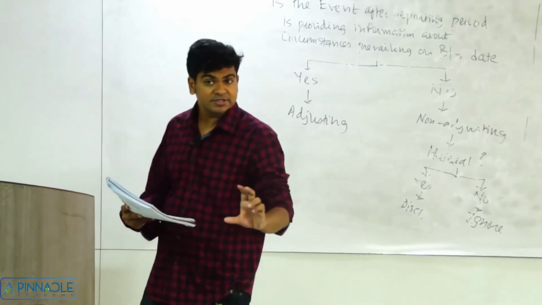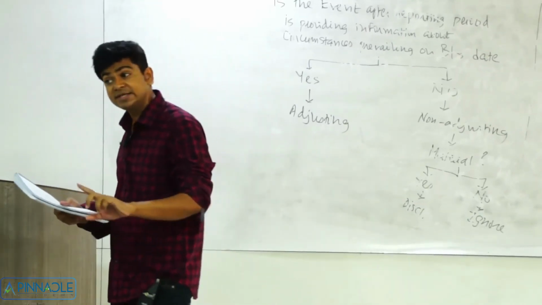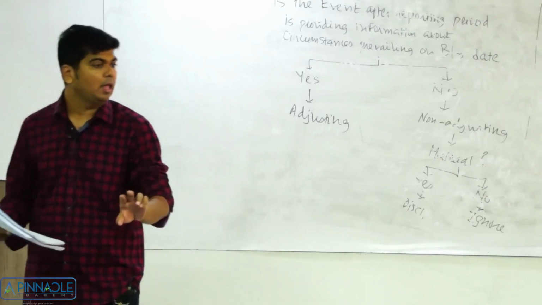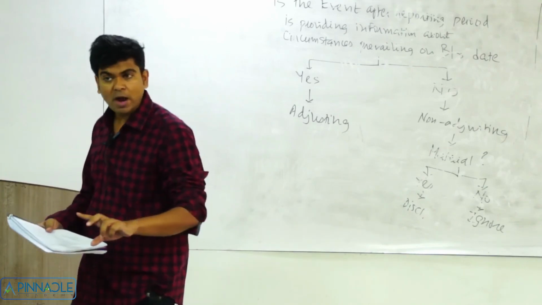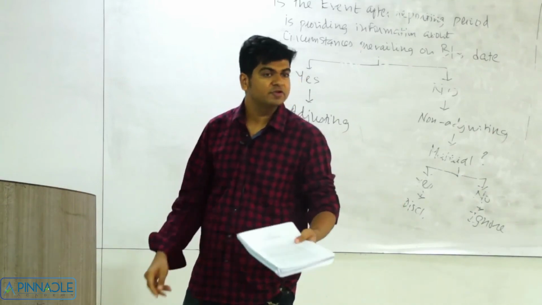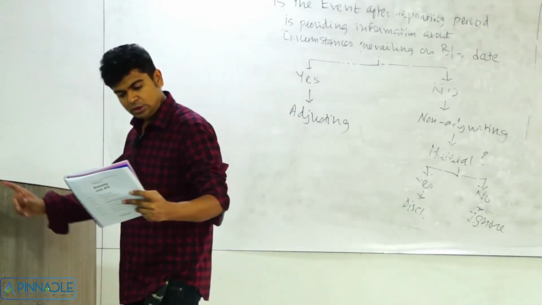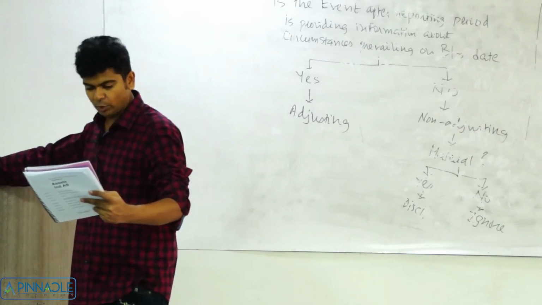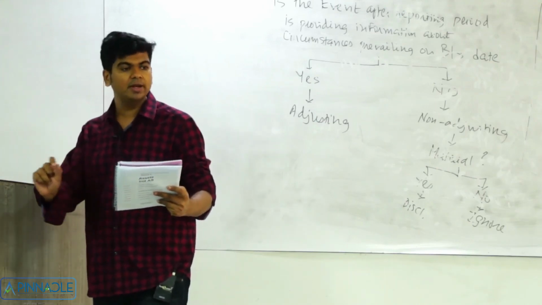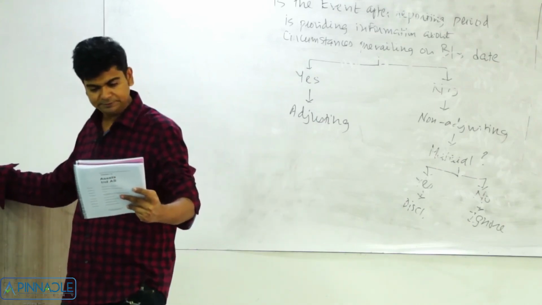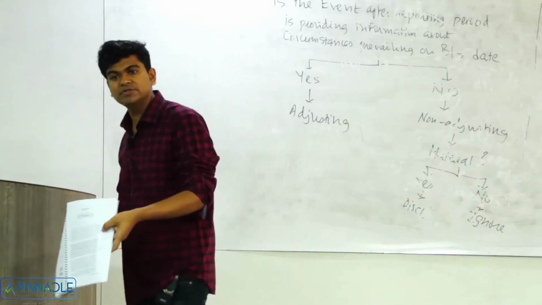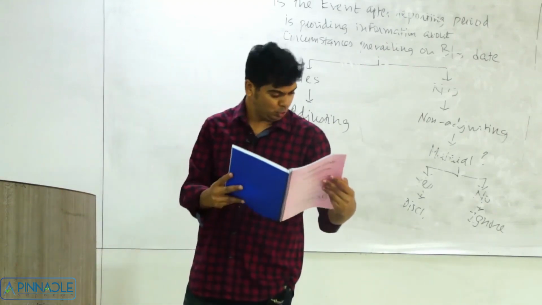So try to understand, not just Ind AS 1 is involved over here. Ind AS 10 is also involved, because this remedying of the breach is happening after the reporting period. So I have to answer that question with reference to Ind AS 1 as well as with reference to Ind AS 10. So 34, it will take care of both of them. Even if you will glance at that answer, you will be able to see Ind AS 1 also there and Ind AS 10 also over there. So if they are asking any question based on a carve out, this is a highly probable question.